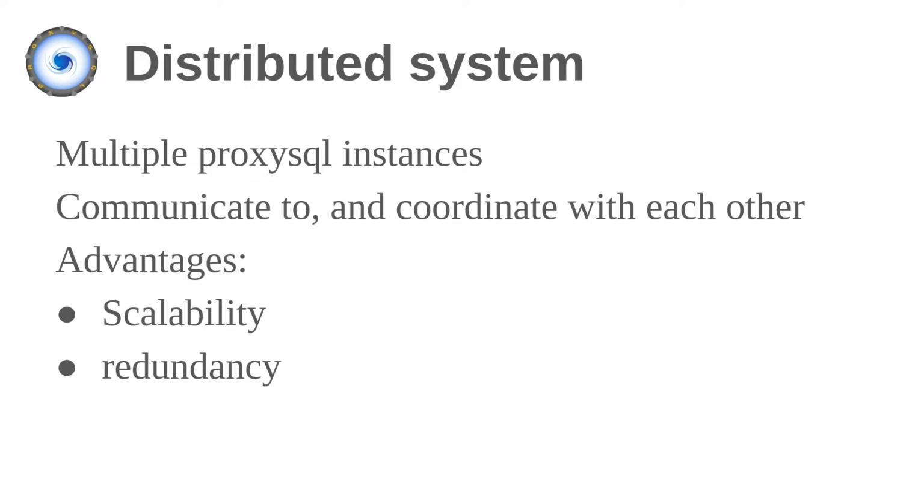Also, if we have this setup that is extremely distributed, what we can achieve is a series of advantages. One is basically scalability. This infrastructure should be able to scale technically without limit. We have customers using hundreds of proxies. They are all spread across their setup, and for the same reason, this should provide redundancy. So any instance can die at any time, and there should be no downtime.